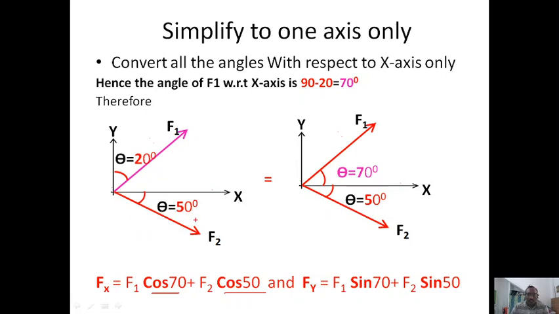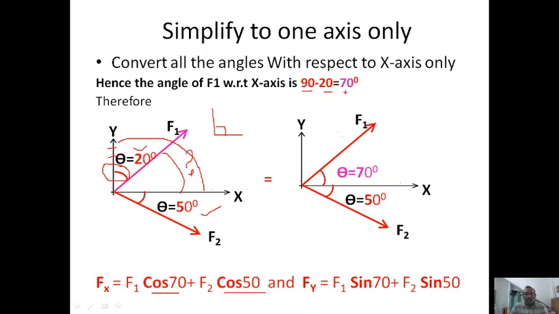Theta is 50 degrees with respect to x. I want it with x only, hence it is okay for me. The second angle given, theta equal to 20 degrees, is with respect to y. So I do not want this with respect to y. I want to change the same thing with respect to x only. Now what is the x value here? Simply, you know that for the perpendicular it will be 90 degrees. This is the 90 degrees. The total is 90, minus this 20, 90 minus 20.